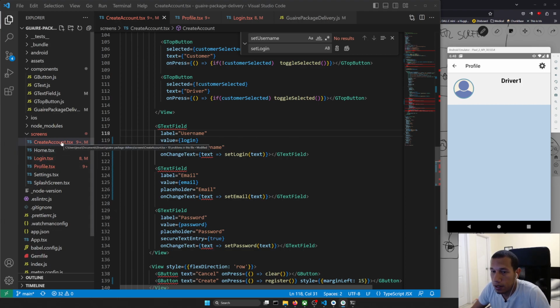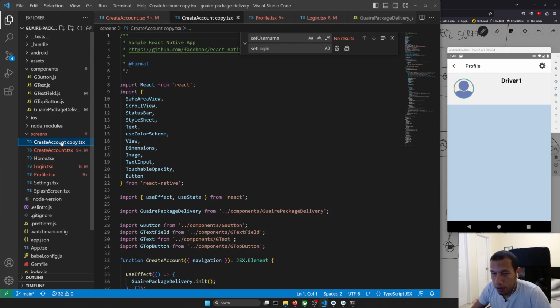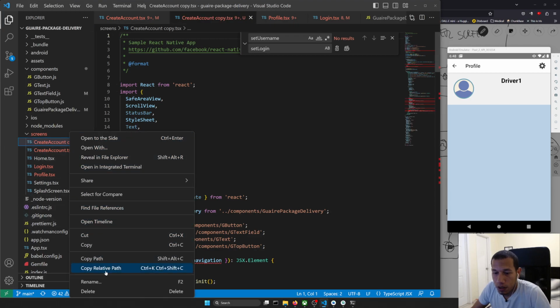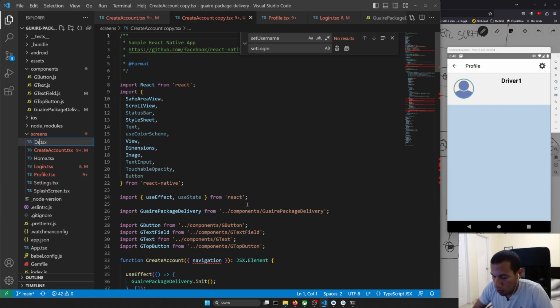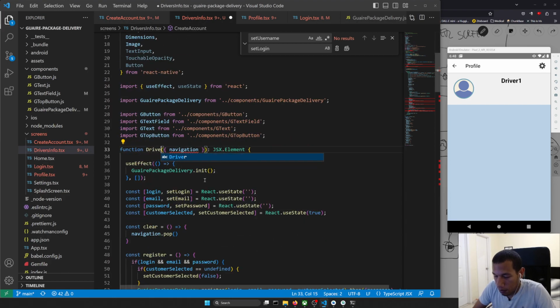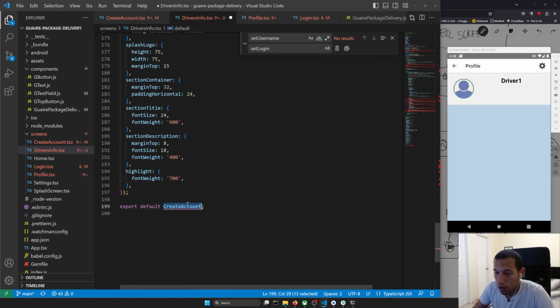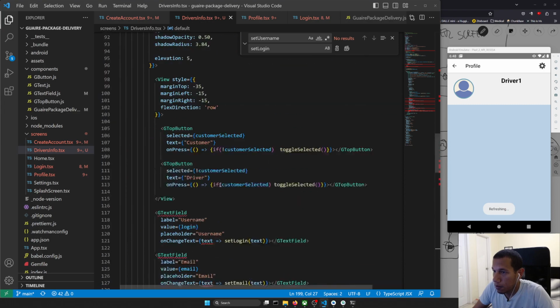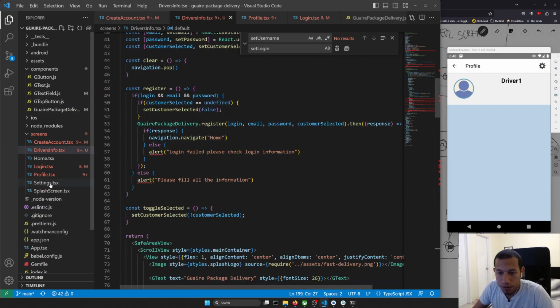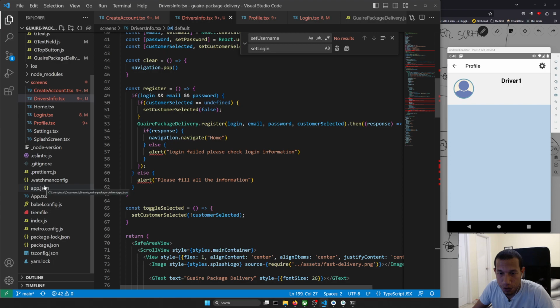Let's create a screen that's going to be called, oops, I don't know what I did, rename, let's call it drivers info, right? Let's change that over here, drivers info. Let's export it as well, and over here in the screens section,